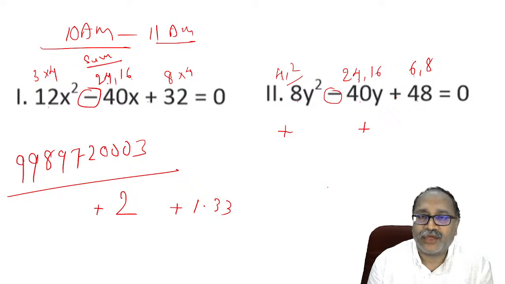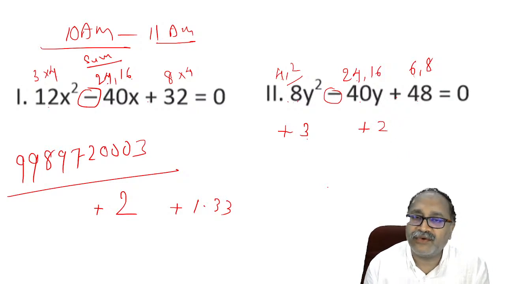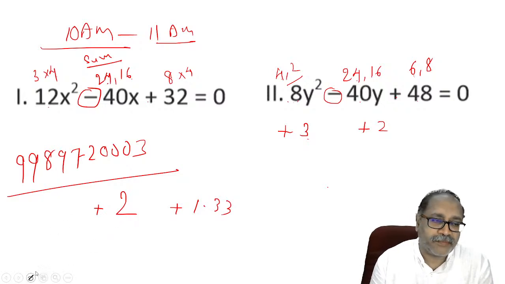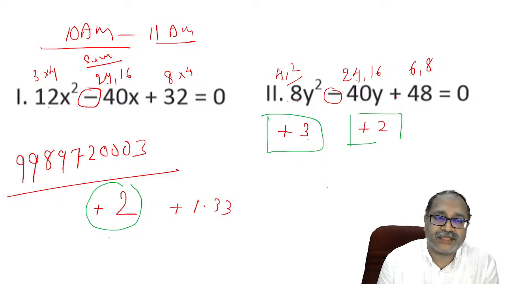That's right. So here 24 divided by 8, bigger number should come first. Make that a habit. So that is 24 divided by 8, which is 3, and 16 divided by 2, which is 2. So the y value is plus 3 and plus 2. So look at this. Now compare the value with this and this. So in both the cases, I can say that in one case it is less, in another case,